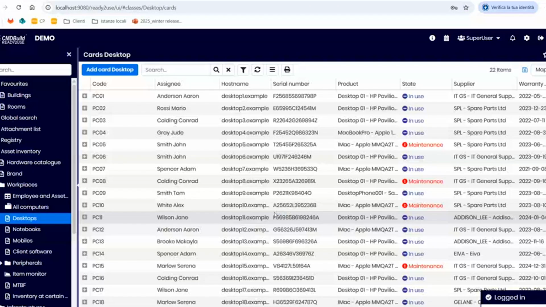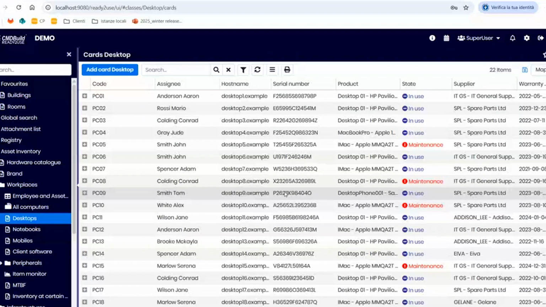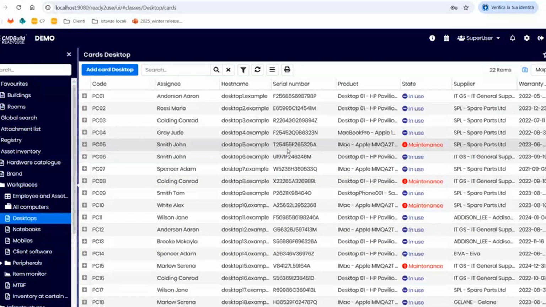The change that immediately catches the eye is, I believe, the introduction of a dark background for the header and the navigation menu, which helps to clearly distinguish the different sections of the page. Moreover, the footer has been removed to better exploit all the available space on the screen. We simplified the interface,